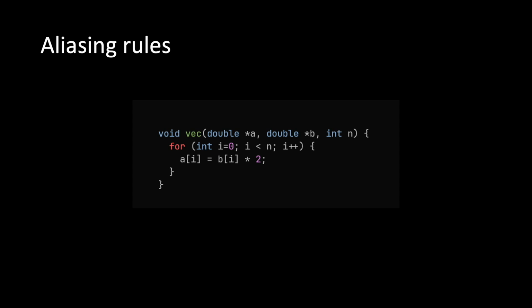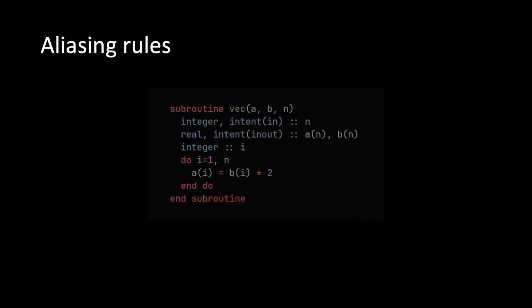This is another little tangent, but the aliasing rules in Fortran are really, really conducive to array programming as well. With this example in C, the compiler can't vectorize this loop because in C, the pointers A and B are allowed to alias each other. They're allowed to possibly point to the same chunk of memory. But in Fortran, this is not allowed. So if a function or subroutine is passed two arrays, the compiler is allowed to assume that their memory doesn't overlap, and it can generate vector instructions for something like this,